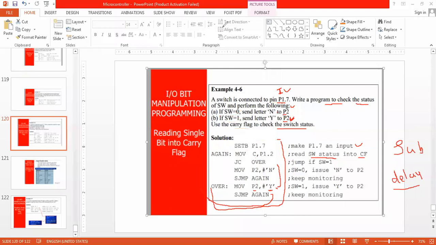You can use only over here. See, over is written here, no? Over is a label. It is just a simple label where to jump. Here I have written over. That is why I am writing over here. Why am I writing over here? Because if carry is equal to 1, then I have to execute this instruction. That is why I am jumping to this. Over is written here. This instruction will be executed.